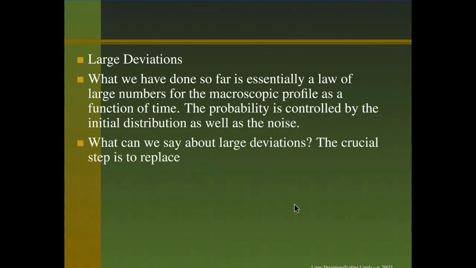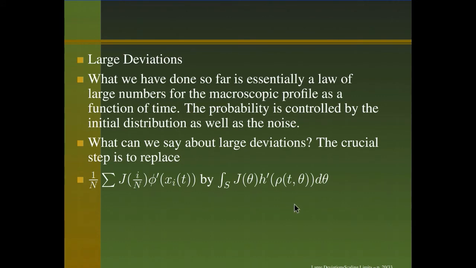We are interested in establishing large deviation properties for the hydrodynamic scaling that we considered earlier. We can think of our earlier presentation as proving a law of large numbers, and there are naturally large deviations that go with it. But the essential step we need in proving the large deviation is the ability to consider the replacement lemma, which was replacing the average of phi prime by the integral of lambda.